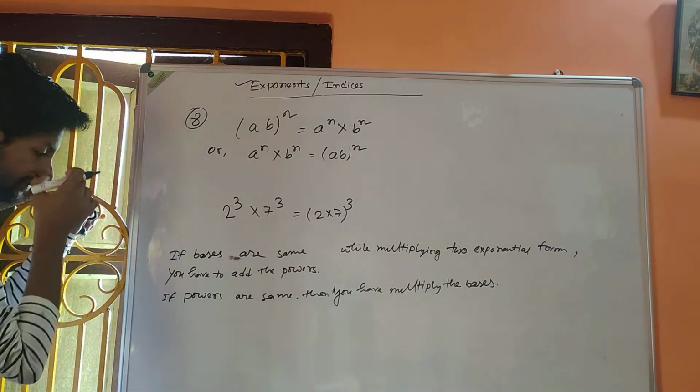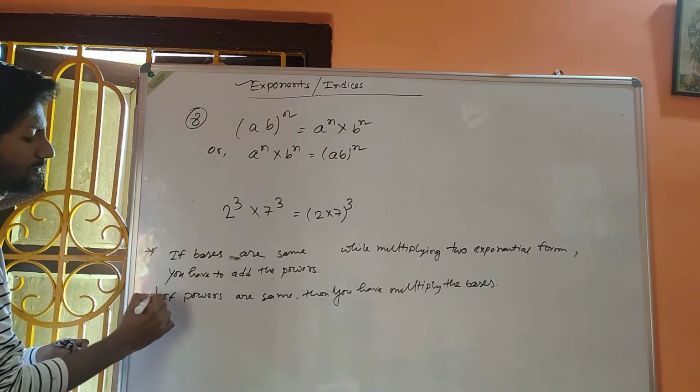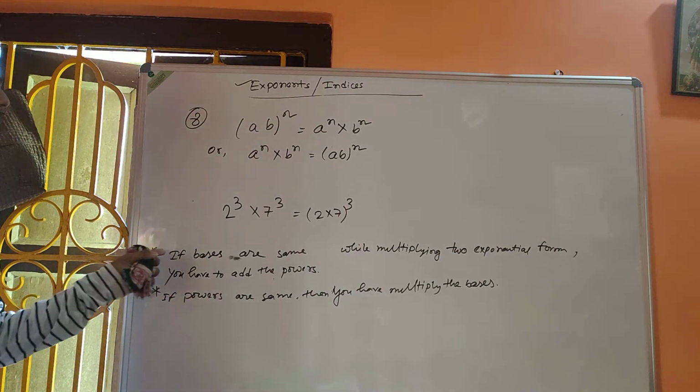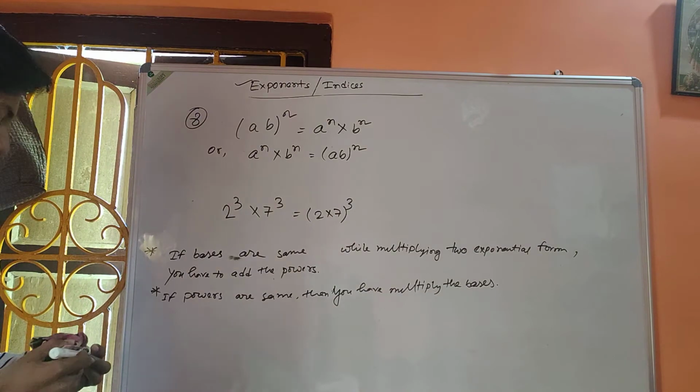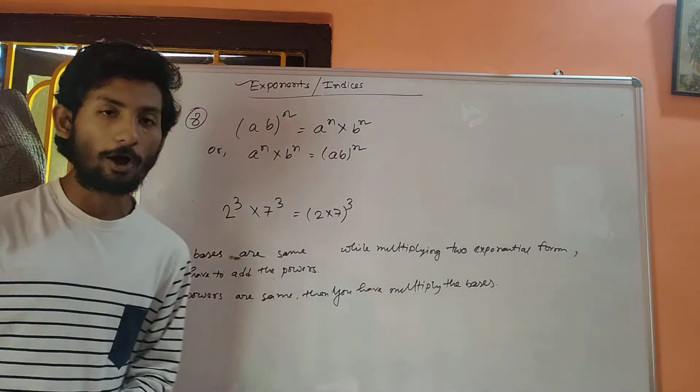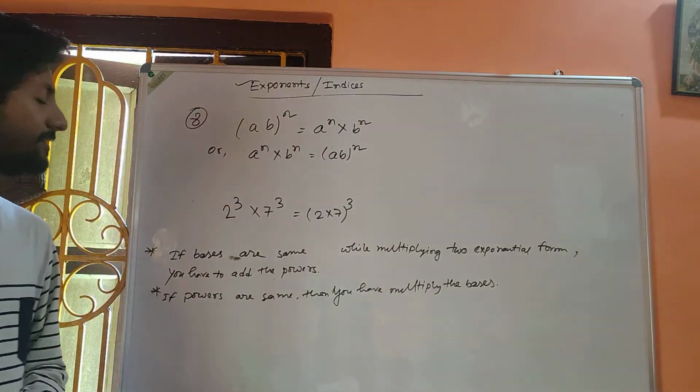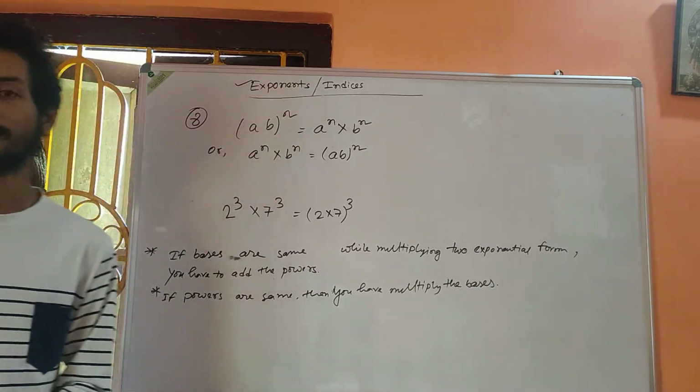Okay, these are two rules. It is the first rule: if the bases are same, then you have to add the powers. If powers are same, then you have to multiply the bases. Okay,